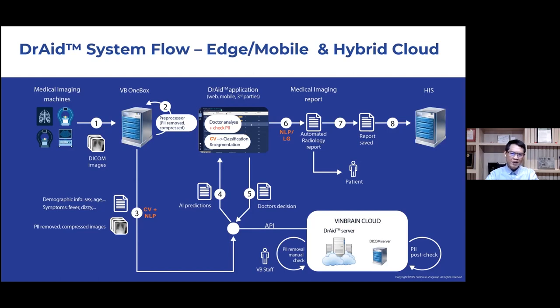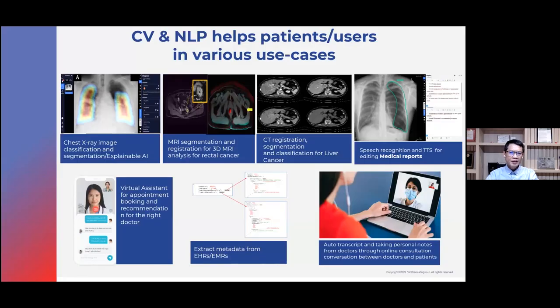And the report can be examined by the doctor, using speech recognition and text-to-speech to correct it. And finally, the report can be integrated into the hospital information system at the hospital. The technology today we are solving,